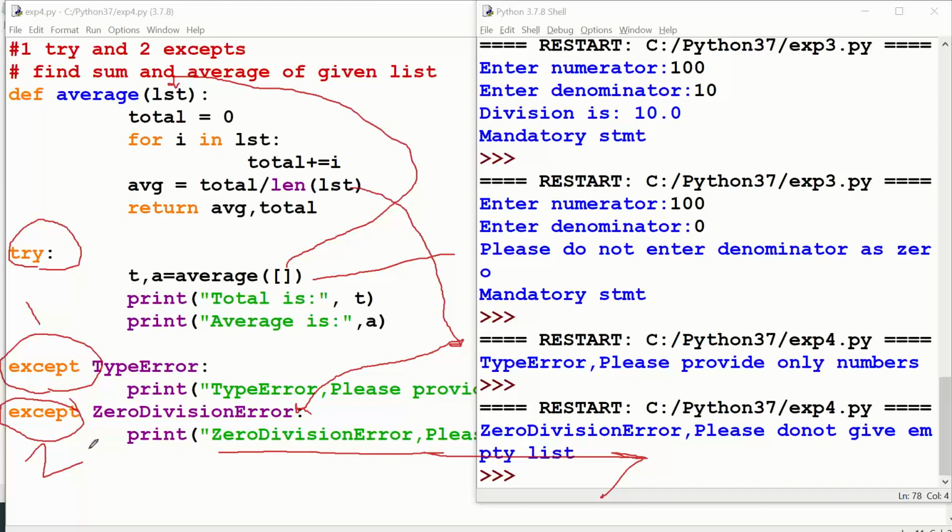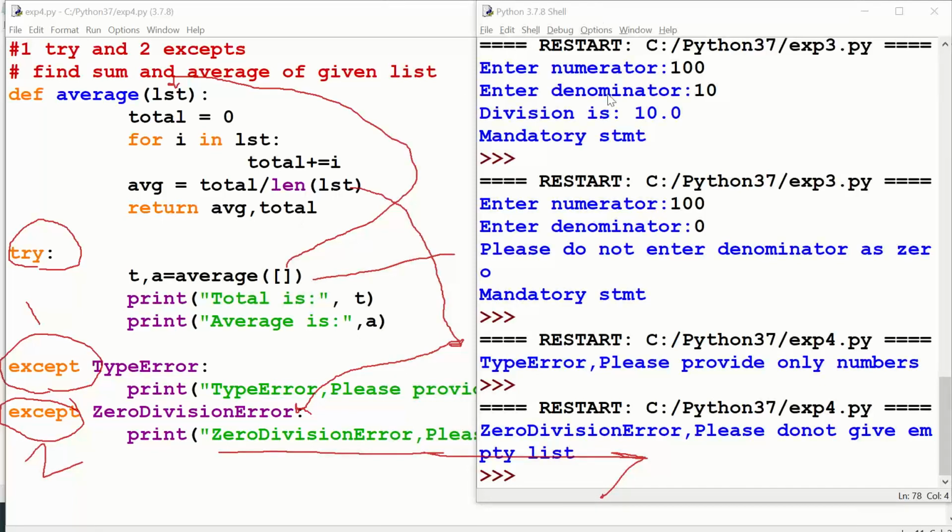Likewise, in real time, if you go this way an error X may come, if you go that way an error Y may come, if you go a completely different way an error Z may come, right? Based on your concept, there may be different types of errors you have to handle. At that time you can give n number of except blocks. That is the point.